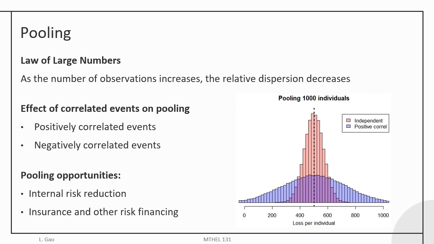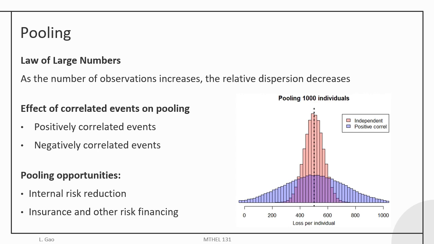And so, right, pooling is one risk management tool that can help reduce risk. And so identifying opportunities to pool within an organization, right, that might involve internal risk reduction. For example, like I mentioned earlier, pooling doesn't necessarily always include sharing. Pooling is just simply having a large number of observations to be able to better predict, right? So for example, Amazon observing their own self-driving car accidents, right? That allows them to better predict future car accidents, reduce the risk in some sense from the pooling, from being able to predict more accurately.